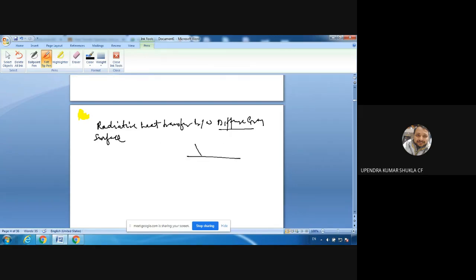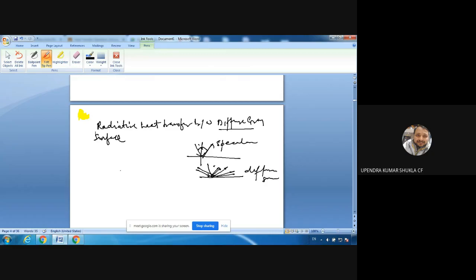Suppose some radiation is falling on the surface. Just like in a mirror, you imagine some radiation is falling on the surface of the mirror and then it is reflected at some angle only. The angle of incidence is equal to the angle of reflection. If it is reflecting in only one direction, then it is specular. Now, the other case: radiation falling on the surface will not radiate in only one direction, but in all directions. Then the surface is called a diffuse surface.